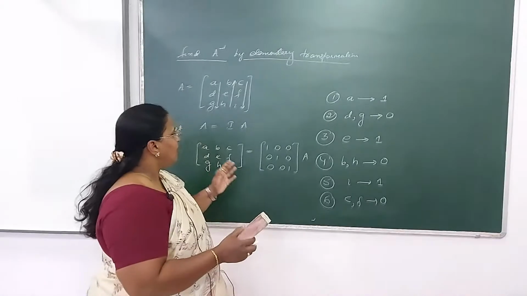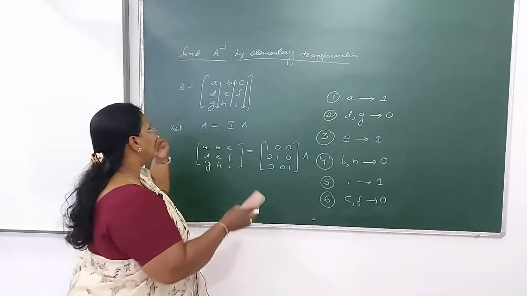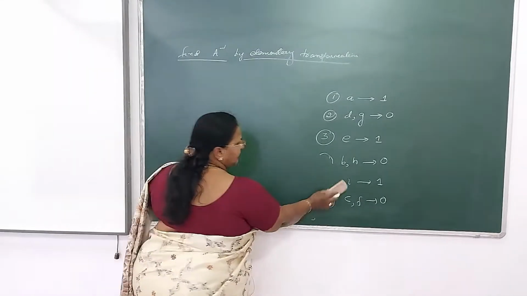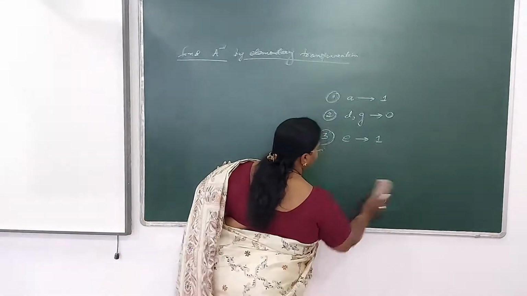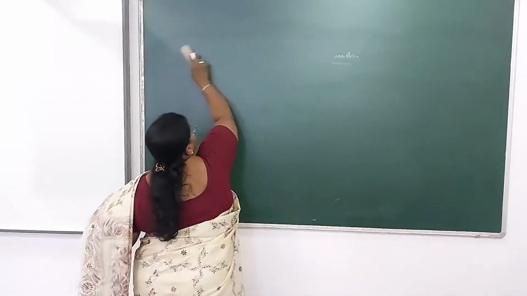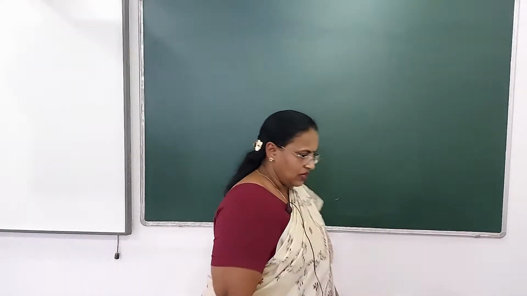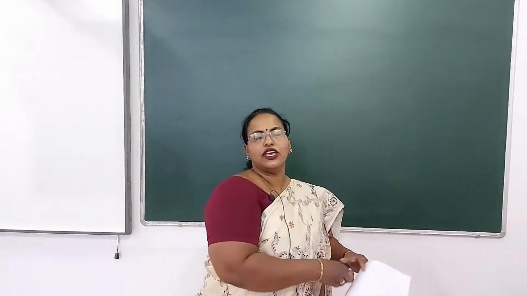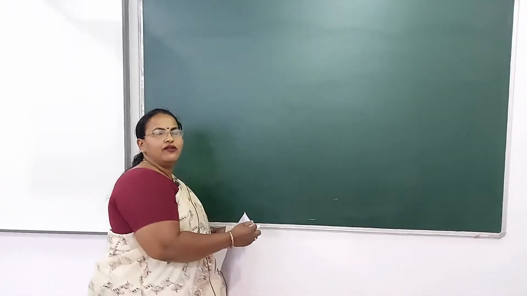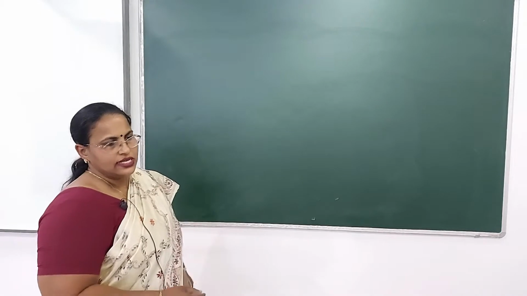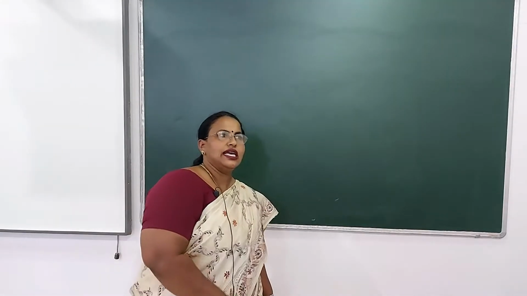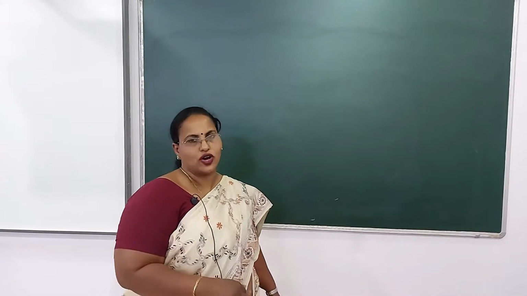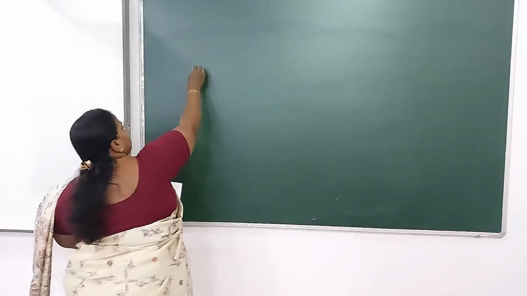Okay, so now let me take an example, a very small one. A square matrix of order 2, and then I will take a square matrix of order 3. The question is, find the inverse of the given matrix by elementary transformation. If this is the question, then it's up to you what method you apply. You can go for row or you can go for column. So let me write down the question.